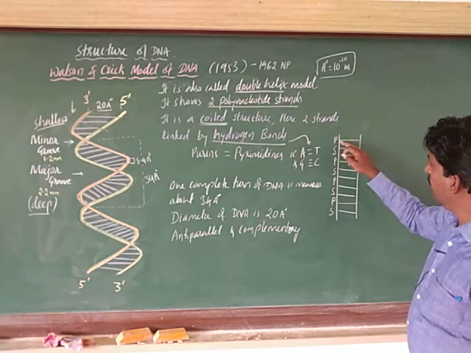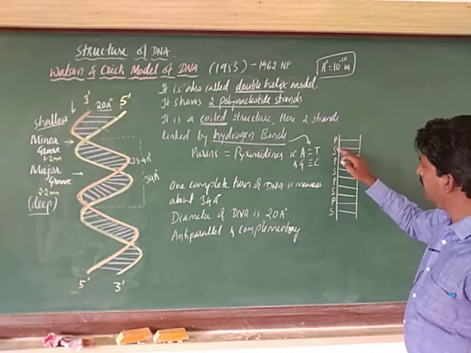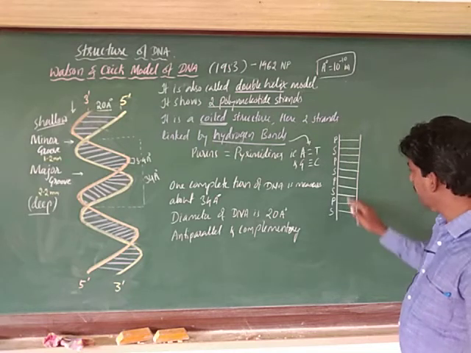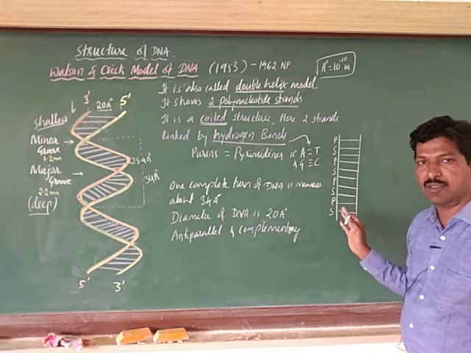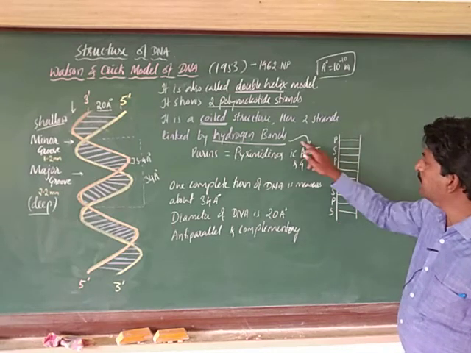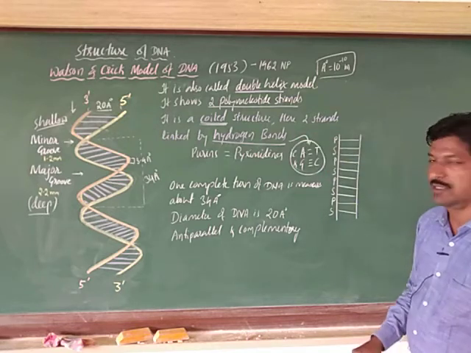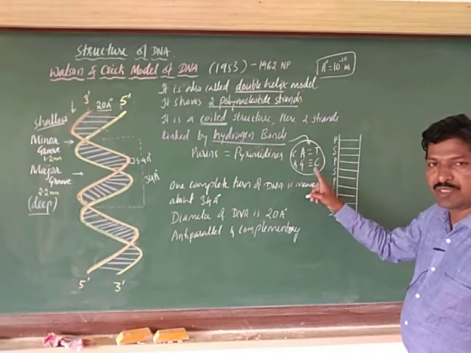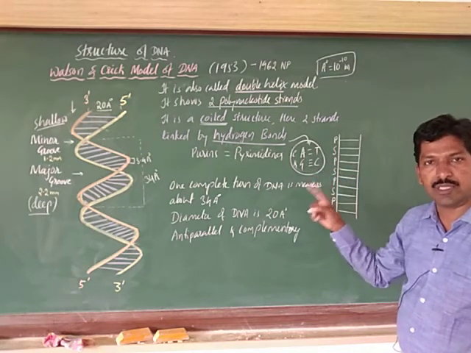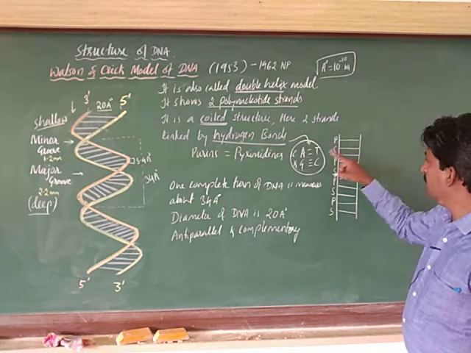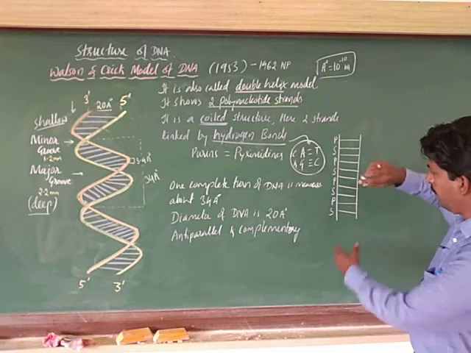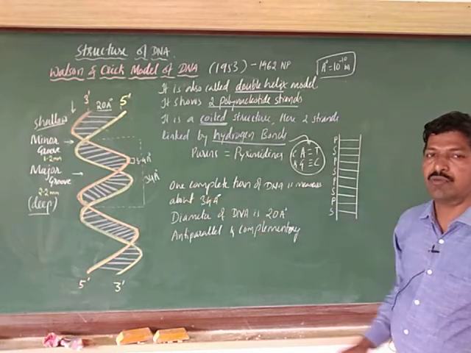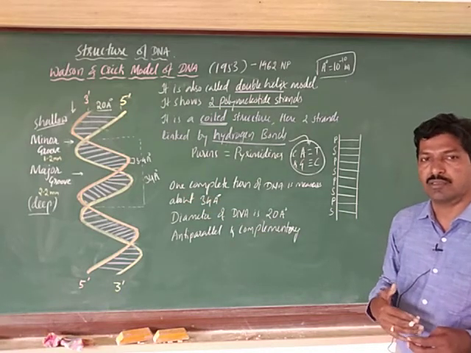This is the backbone of the DNA formed by phosphate and sugar, and the rungs between the two polynucleotide chains, we commonly call them steps or rungs of the ladder. They are formed by these nitrogen bases. Okay. These nitrogen bases are joined either by double bond or triple bond, that is also very specific, as you know already, the base pair rule, which we have discussed. So you see, these linkages form the rungs. When you twist this, it appears like that.